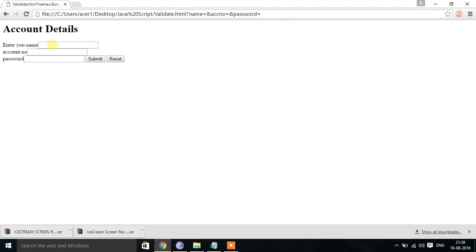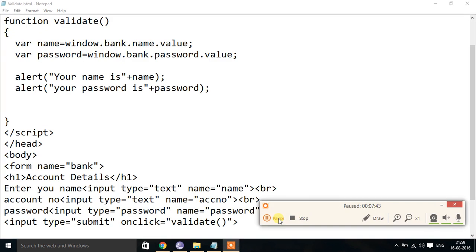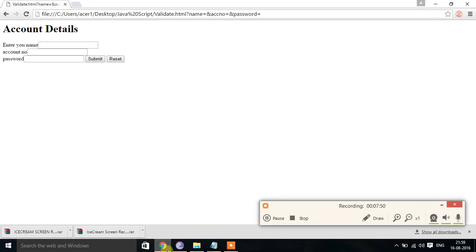So now it will be visible to you. I am refreshing, giving some value, and some account number. I'll be giving password ABCDEF. If I submit, what happens is it shows completed, then actually it's displaying. It is displayed but it's not visible in our browser.